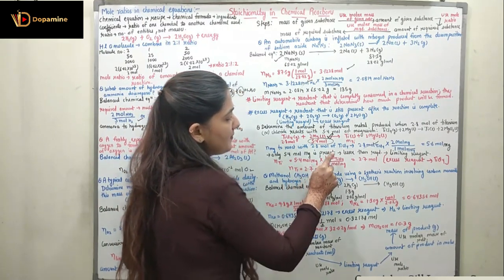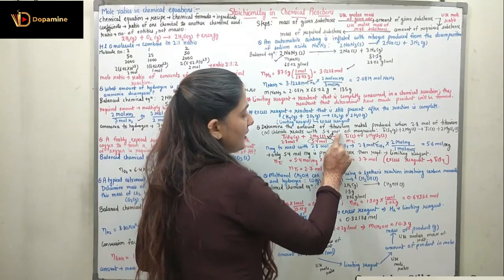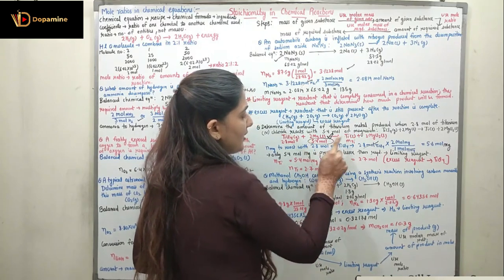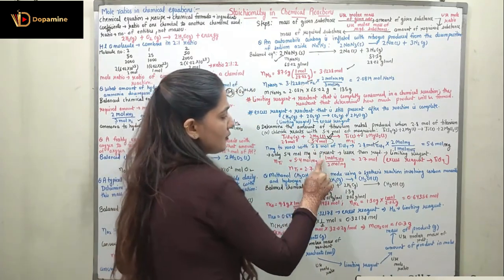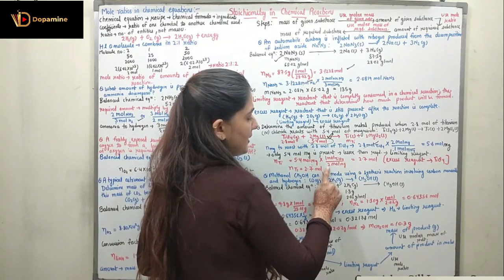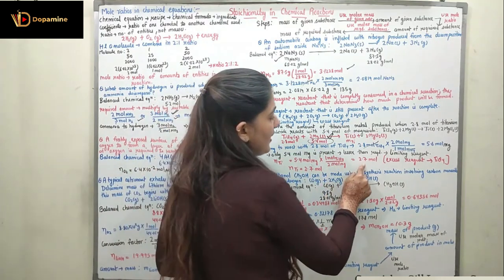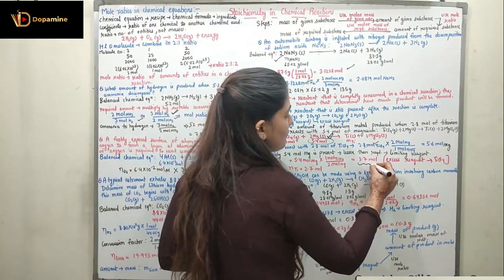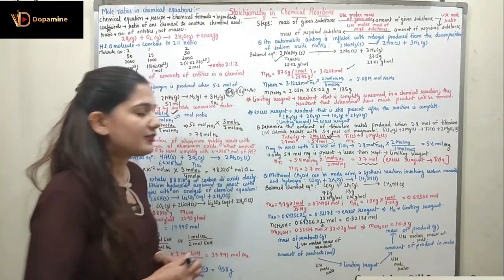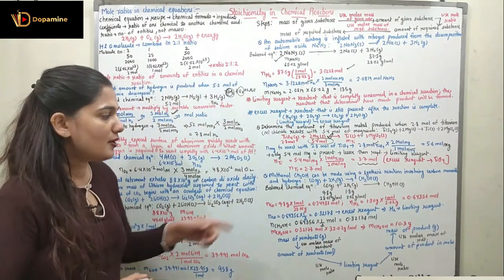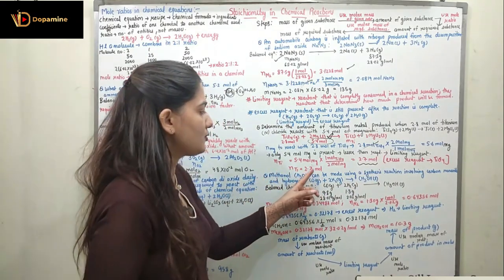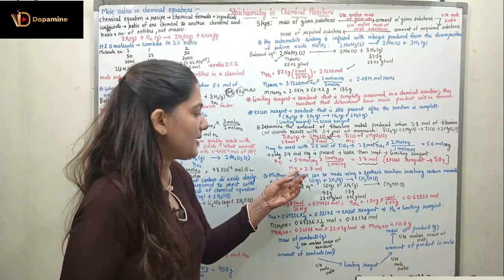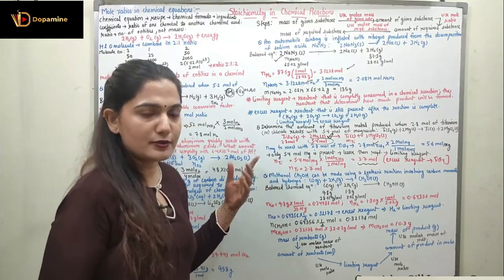5.4 moles of magnesium is multiplied with the given conversion ratio, which is 1 by 2 over here. 1 is the coefficient over here, 2 is the coefficient over here. So 1 mole of TiCl4 divided by 2 mole of magnesium. So here it is 2.7 moles. So now here you can see we have 2.7 moles of titanium produced. So number of moles of titanium over here is 2.7 moles. Right, so you can find out the given mass also by multiplying the number of moles with the molecular mass.